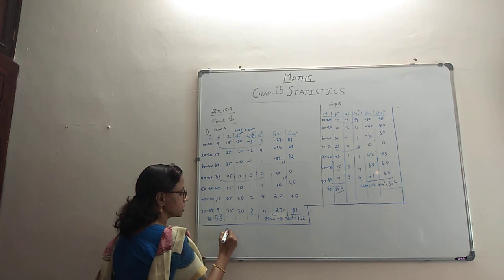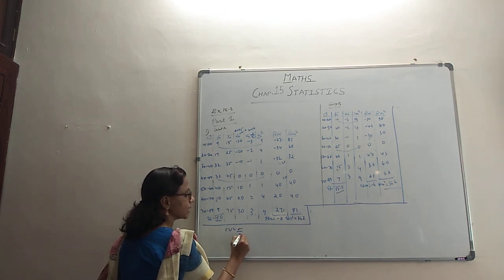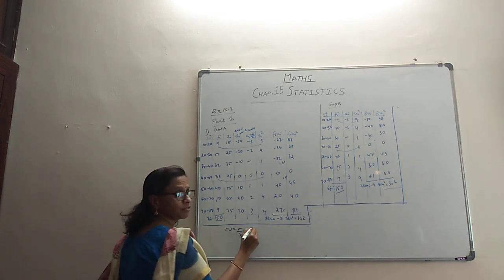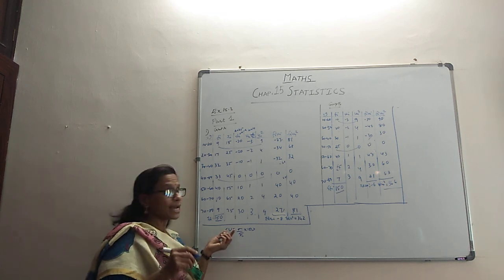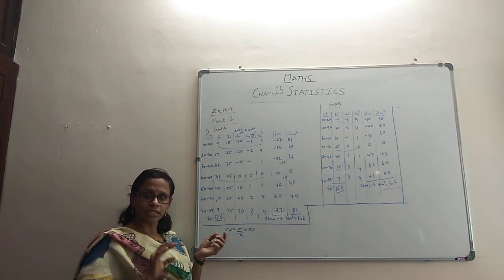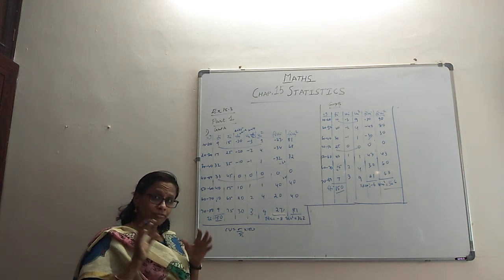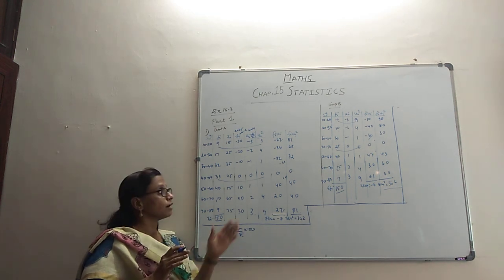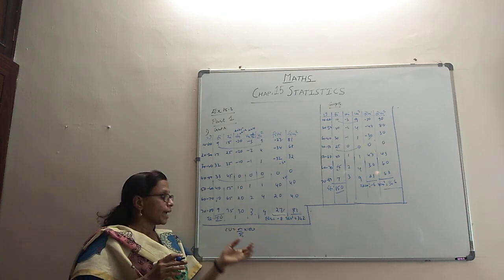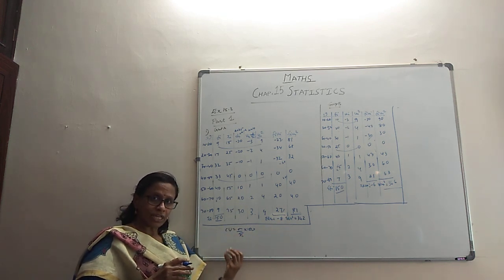Now what is the CV? CV is sigma by x bar into 100. This we are learning for the first time in this exercise. Sigma is standard deviation, what we have studied in the earlier exercise. X bar also we have studied, mean. But all this has to be found out not only for one data, for data 1 and data 2, and then you have to calculate the CV of this group A.